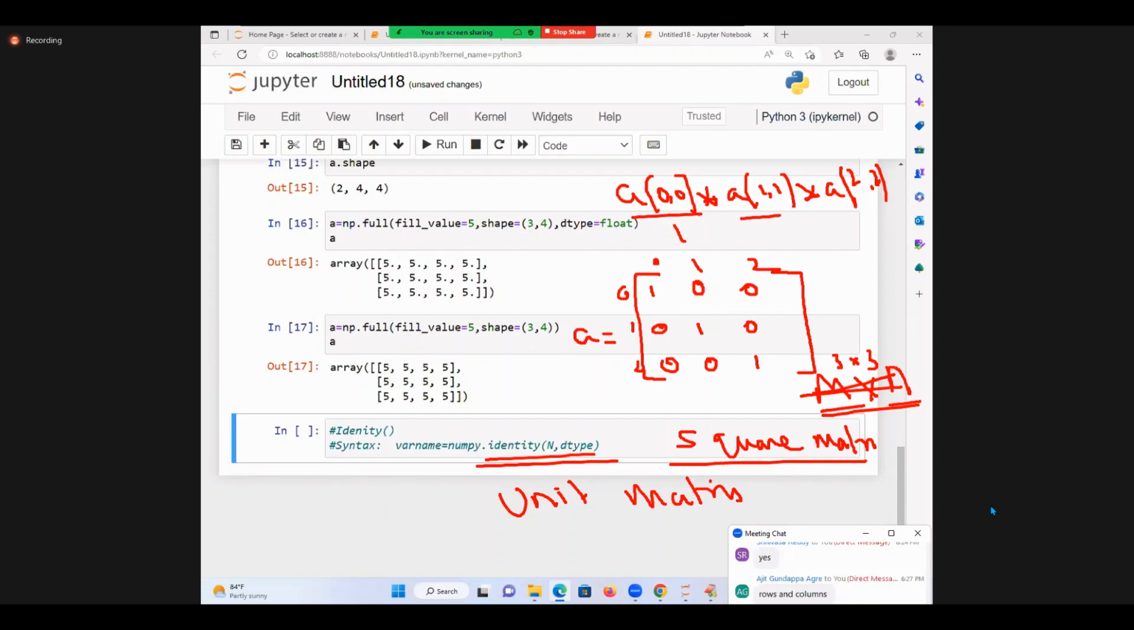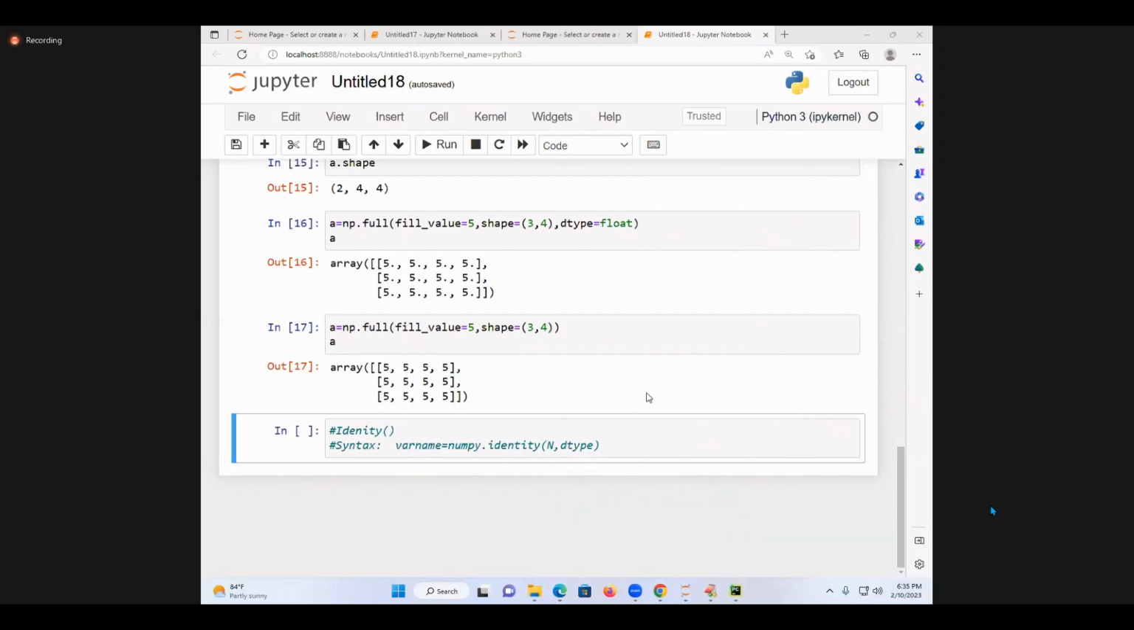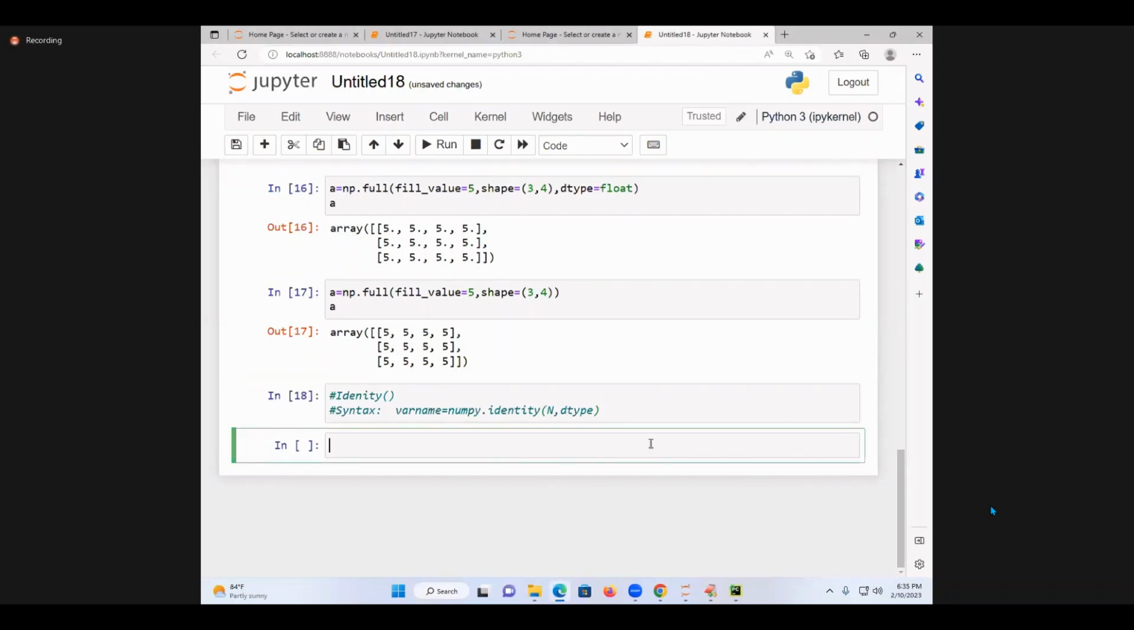No, only now. What is this 0 called? 1 will come. Are you following? So, such a type of matrix you want to create, I will go for what? Identity matrix. Great. A is equal to np.identity